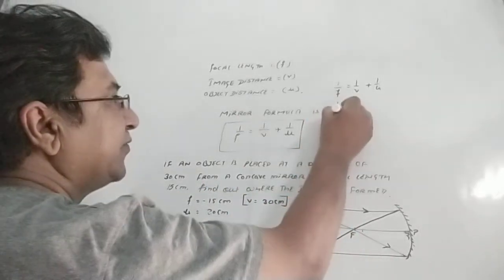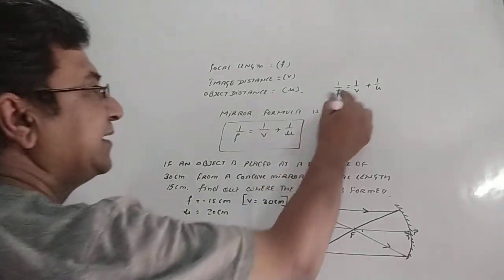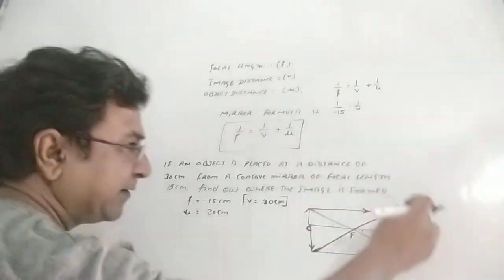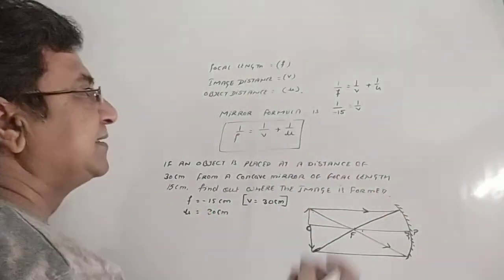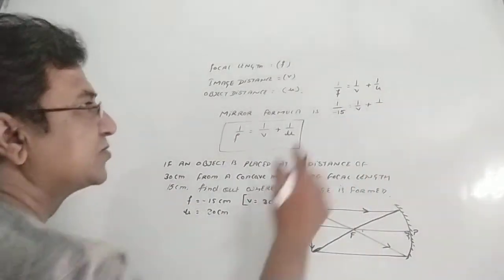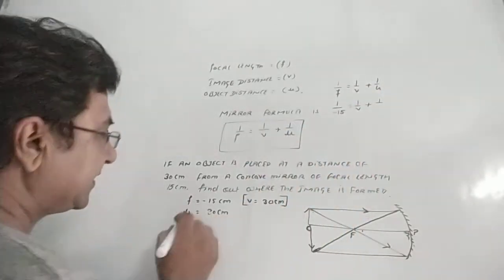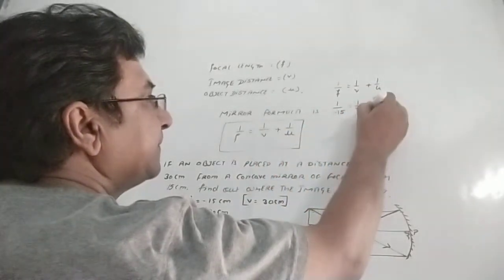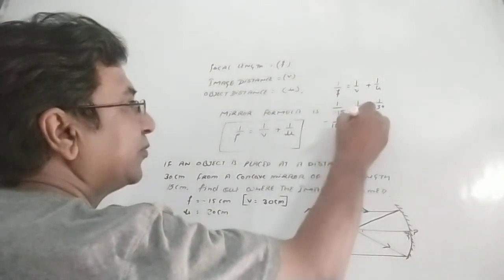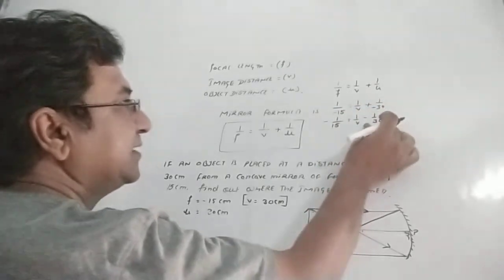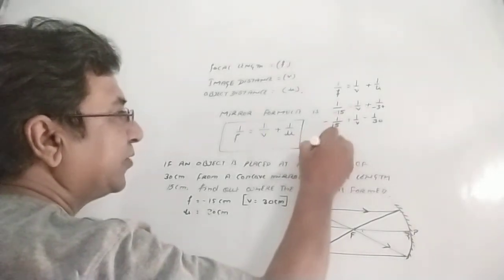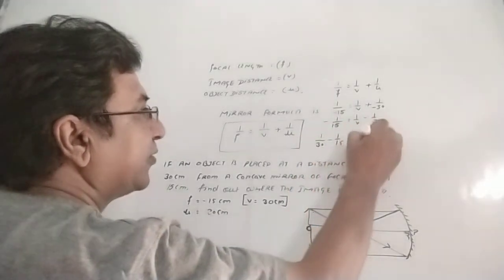Now this is 1 upon 15 centimeters, and the sign convention is minus. For V we don't know the sign, we'll find out mathematically, although from the ray diagram we already know it is going to be 30 centimeter. U is always on the left side of the mirror, so it will also get the minus sign. It is minus 30 centimeter. So minus and plus become minus. 1 upon minus 15 centimeter is equal to 1 upon V minus 1 upon 30 centimeter. Putting this value over here, it becomes positive. So 1 upon 30 minus 1 upon 15 will be 1 upon V.